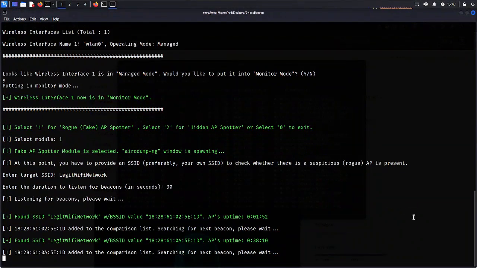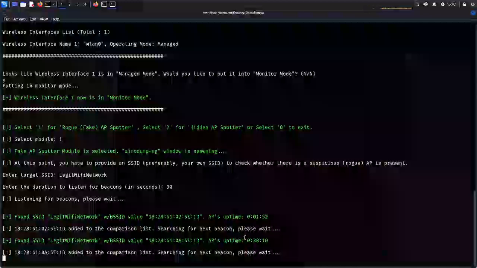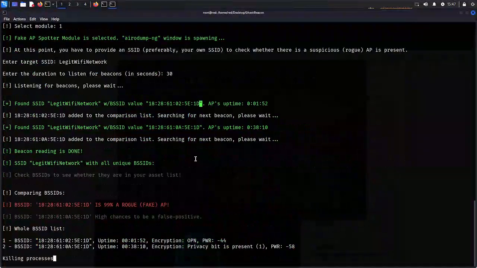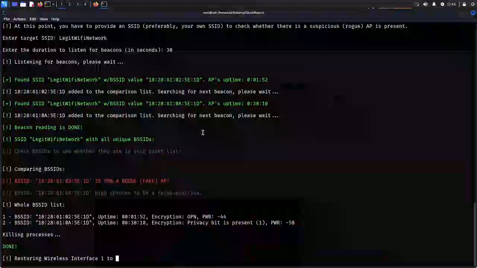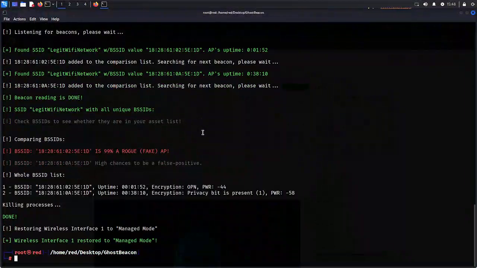As you can see, it's found two unique BSSID values. The first one is this one, and the second one is this one. After beacon reading is done, the program is